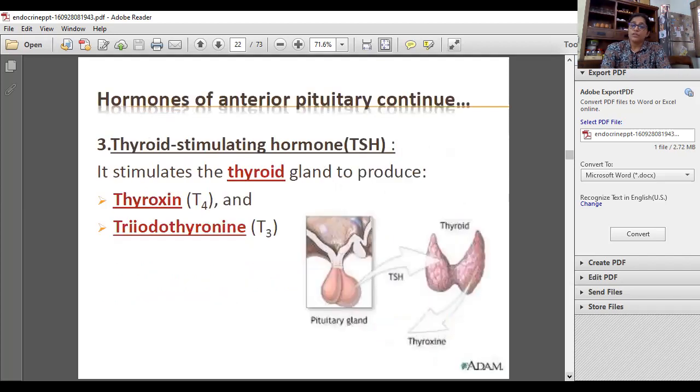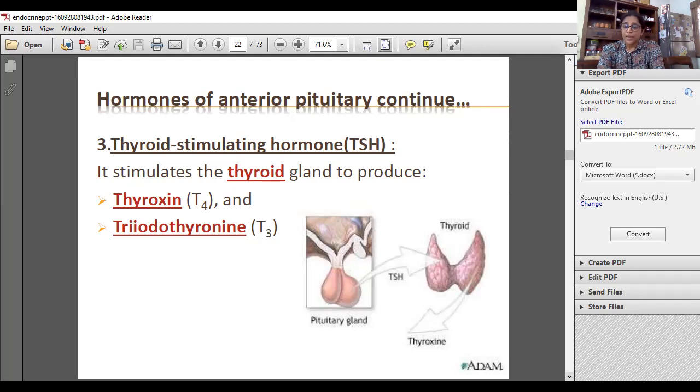Now, the third hormone is the thyroid stimulating hormone. As the name suggests, it goes into the blood. It has its receptors in the thyroid gland. And if this TSH is secreted in the appropriate amount, T3 and T4 are manufactured from the thyroid gland in the right amounts, and the metabolic activity is in a properly regulated manner. But in case there is a suppression of the TSH, or a hypersecretion of the TSH, in both cases we will find an altered secretion of T3 and T4, and hence an effect on the metabolic activities at large.